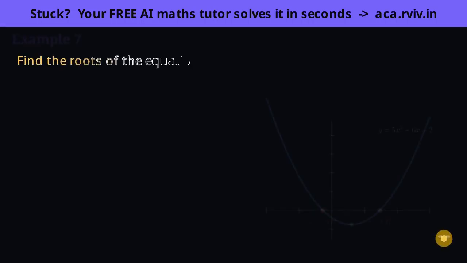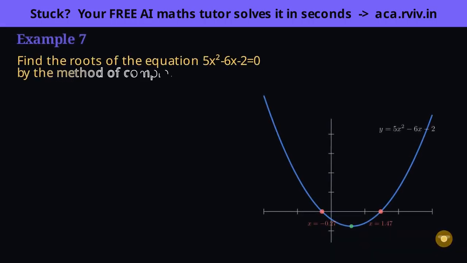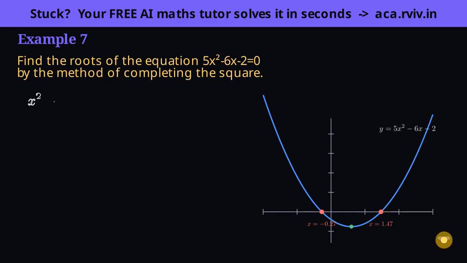Reshape the left side into a perfect square, then take roots. This is the very method we saw geometrically in the concept, filling in the missing corner to make a perfect square. The goal is to rebuild the left side into something squared, because then we can undo it with a square root. But the corner filling only works when the x squared has coefficient 1, so our first move is to divide the whole equation by 5.